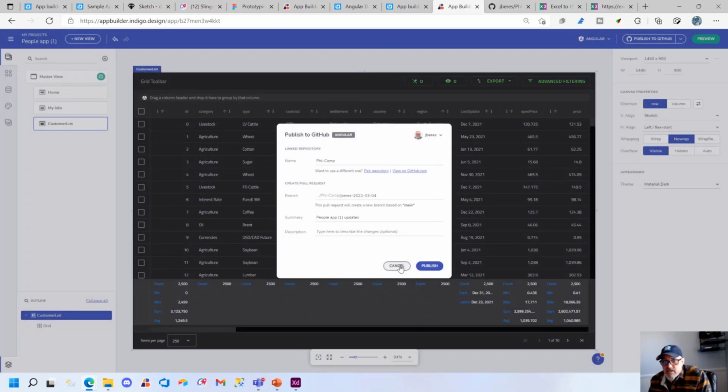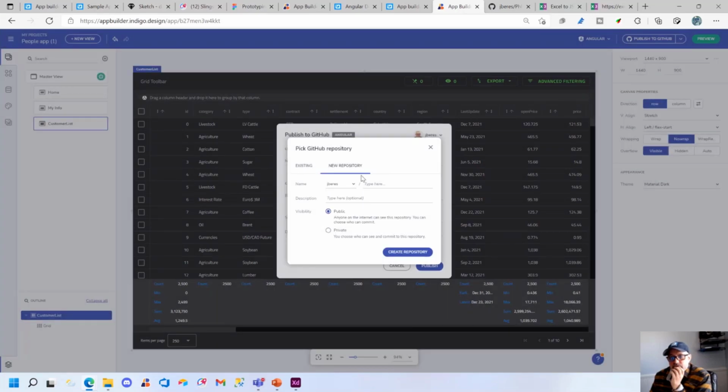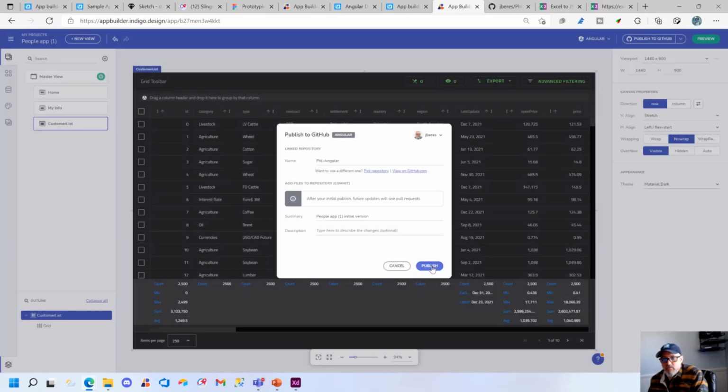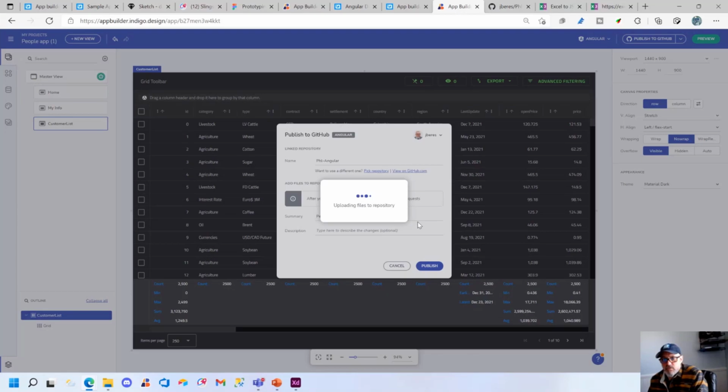I'm going to give this, well, yeah, you know what I did wrong here is I actually made the mistake of, let me do pick a repository. I'm going to do a new repository. I'm going to call it PHL Angular because the other repository is Blazor, and I don't want to screw that up. So let's do PHL Angular, create this repo, and we will publish this guy to the repo,